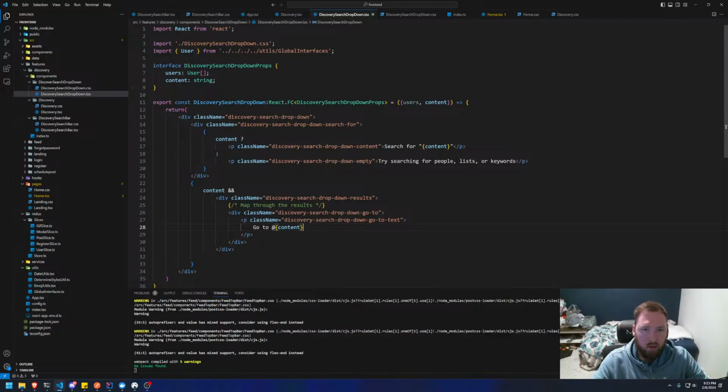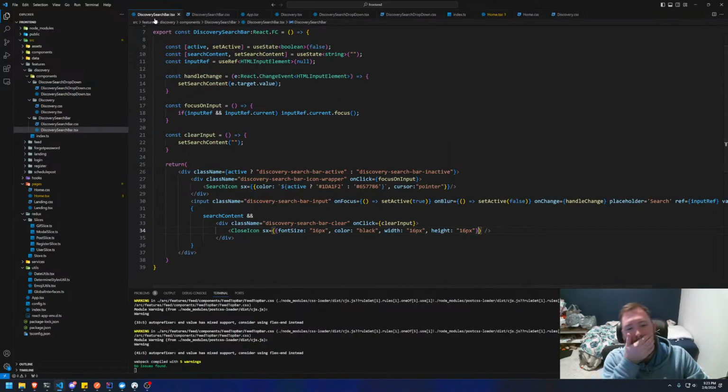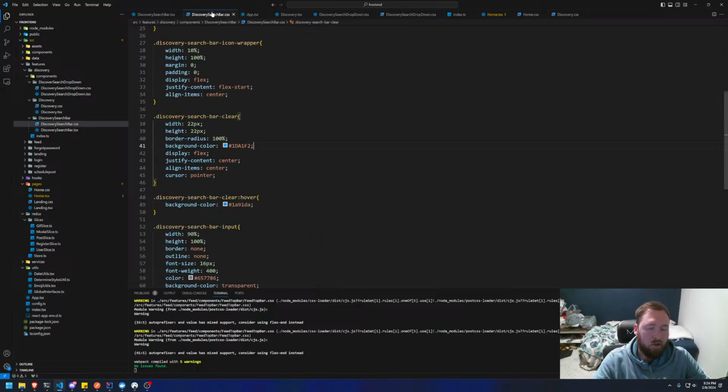More or less, I just want to get the drop down so that it actually pops up and we can go back, and I want to start dealing with the data. So now inside of discovery search bar, and this, I really don't like the idea of having it here. And then discovery. So I'm thinking,